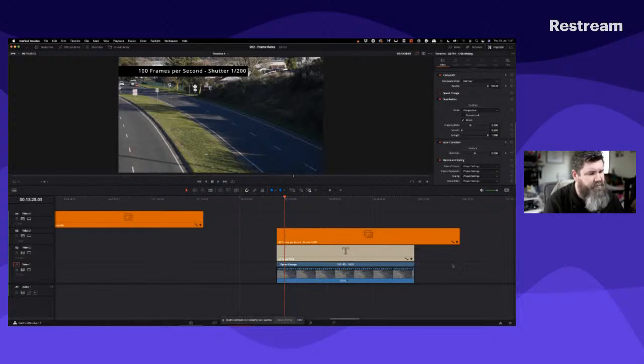David's just asked, can you shoot at a higher frame rate and reduce to an undercranked look? You're doing the same thing to a point. I always say if you're going to do something crazy like that, literally go and experiment and see what feels right for the subject and what you're doing. Because it's always that thing of once it's done, it's done. You've baked it in and you can't pull it back out. All these things are not hard and fast rules. It's all about knowing what is standard, what is different,